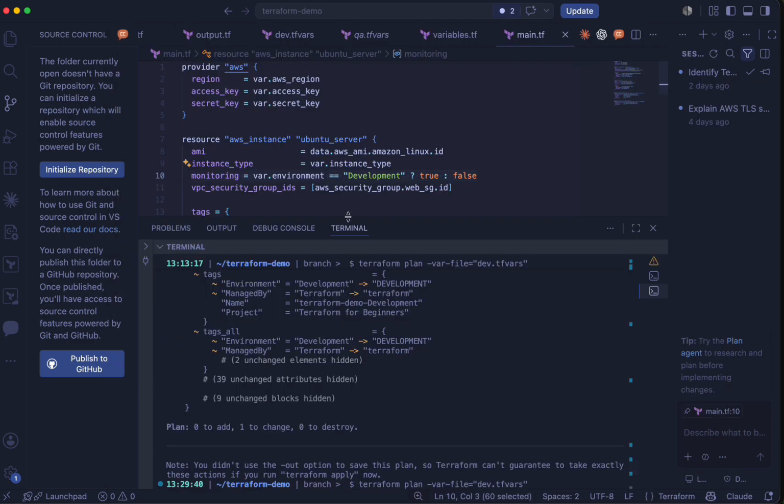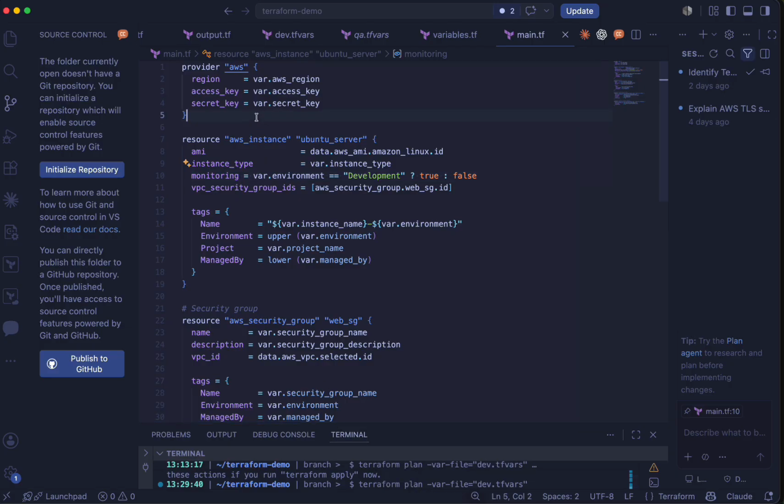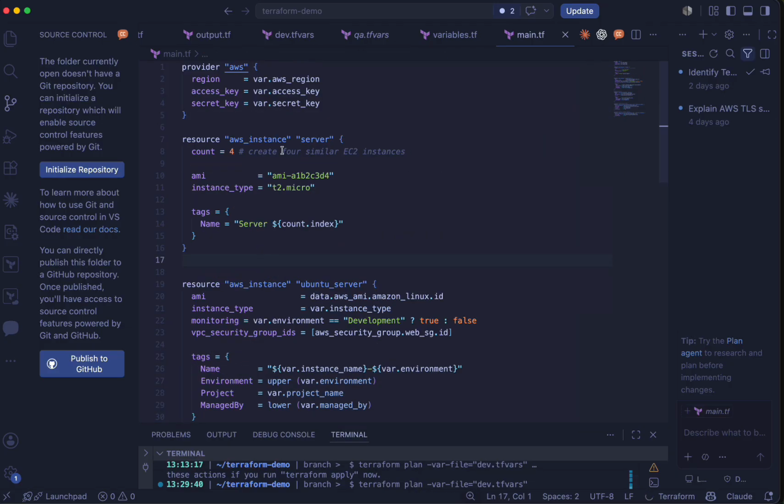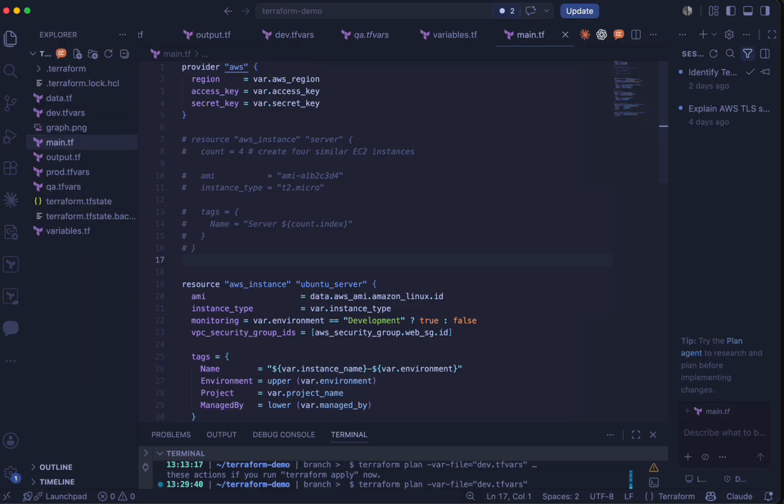Now that we understand what count does, let's apply it to our own project. Instead of deploying a single EC2 instance, we'll use count to create multiple instances from the same resource block. First, I'm going to comment out the example code we brought from the official Terraform documentation. We used it as a reference to understand how count works, but now we'll apply the concept to our own